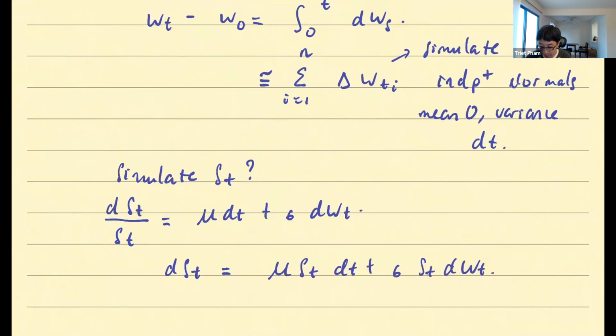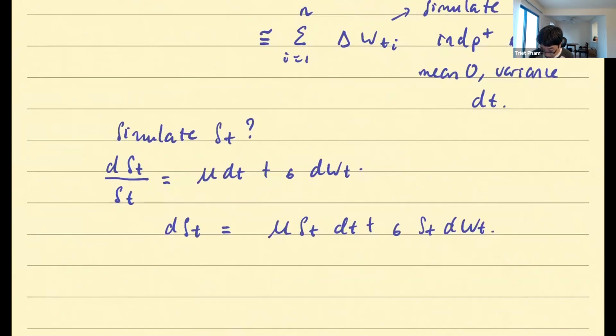Again, it's equivalent because basically you just bring ST over here. All right, what this says though is it tells you the differential of the price. It tells you how the price moves in the next time moment. Financially, I'm not sure it means so much because people, again, don't care about price change. People care about percentage return, right? But mathematically, it actually helps us a lot if we want to track the price.